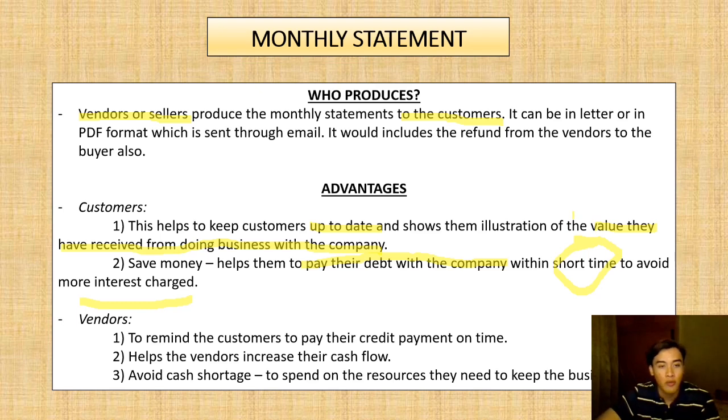Okay, for vendors pula, you can see here to remind the customers to pay their credit payment on time. On time here means macam I cakap just now, kalau we have set dekat that customer tu nak bayar every first day of the month, okay, dia kena bayar hari tu. Kalau dia bayar lambat, dia bayar hujung bulan, tapi dah set date masa the first day of the month,